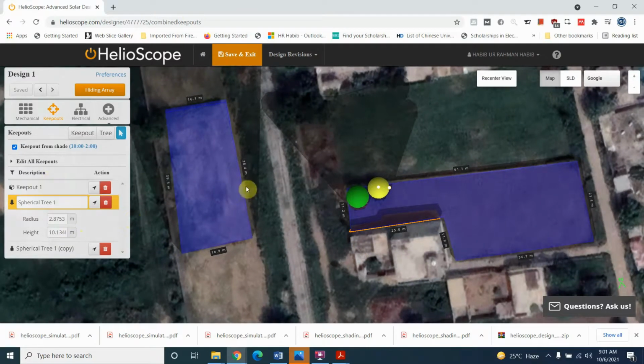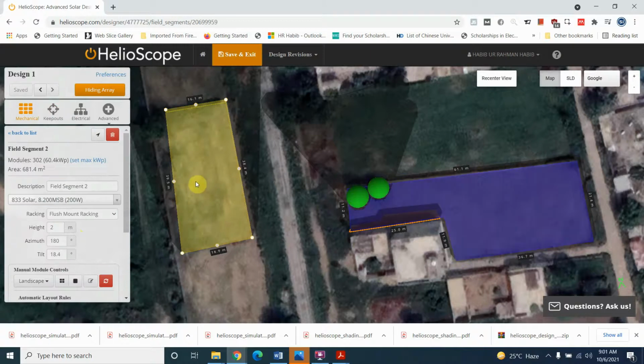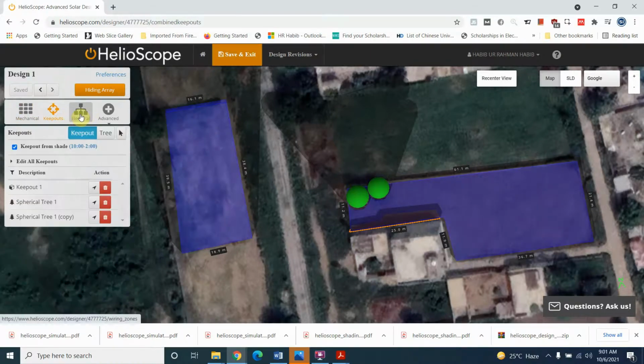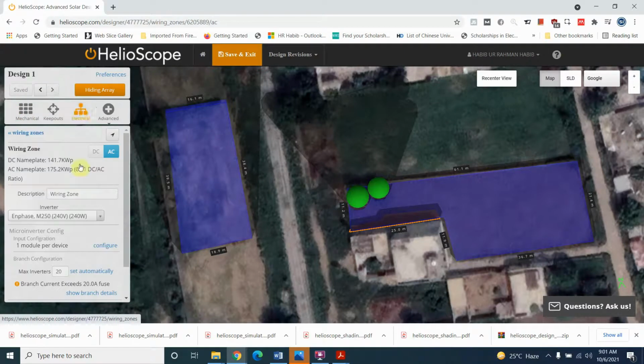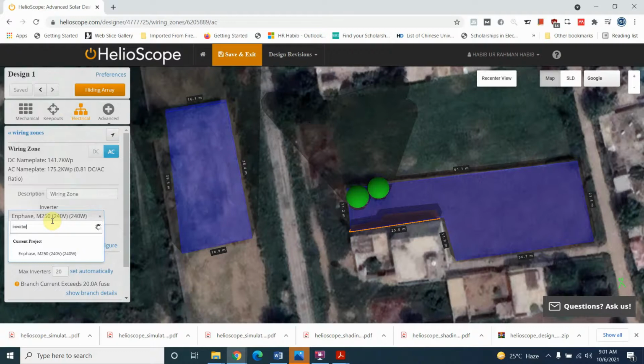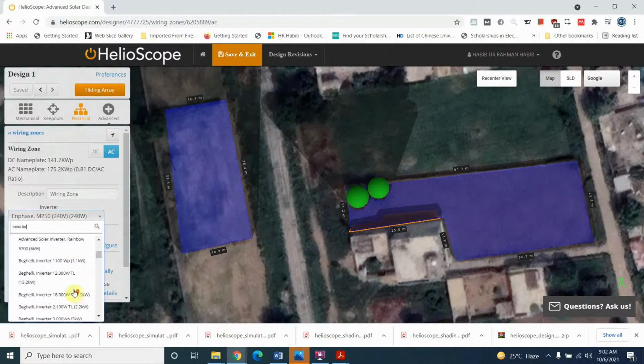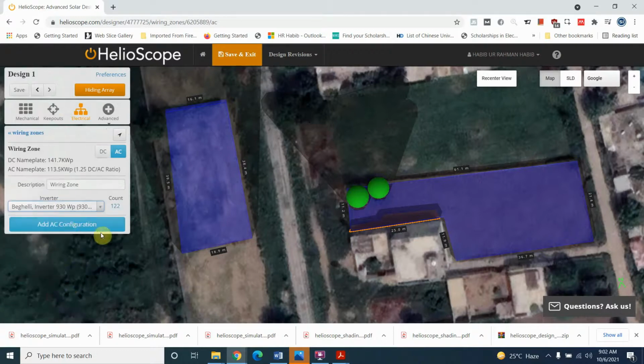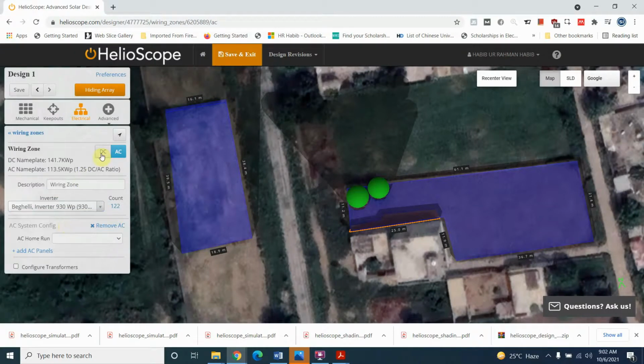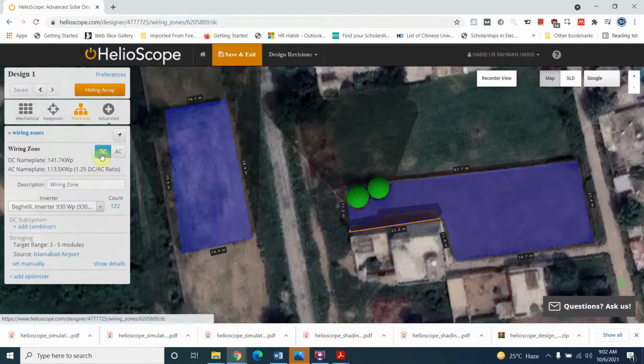And next is for example, keep out, and then there is an electrical. So for the electrical, you can decide which inverter you want to use. Inverter, for example, which inverter you want to use. So an inverter which is feasible according to your configuration, you can design. And also for DC system,